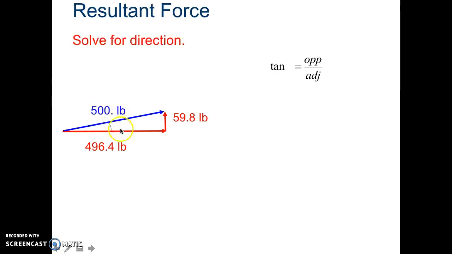Now if we need to know this direction, then we can use this tangent formula. We know the opposite side